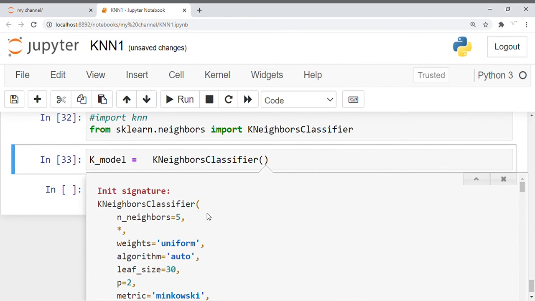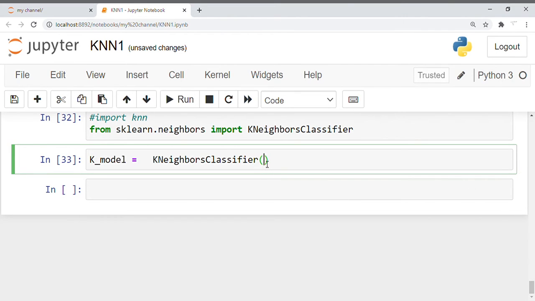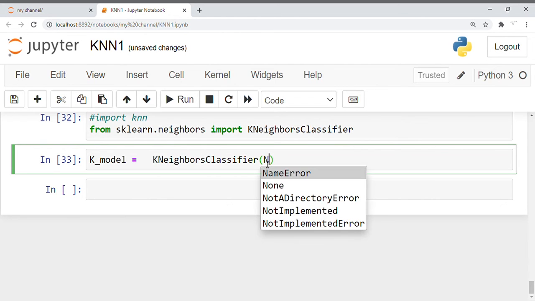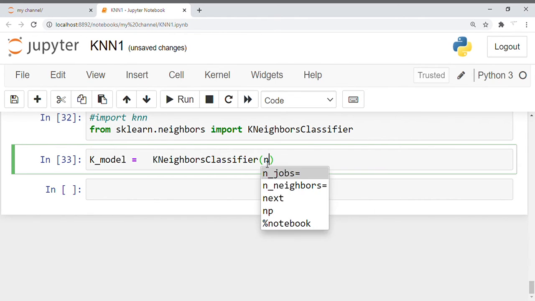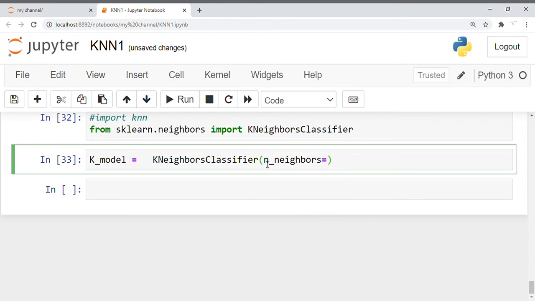Now you can see that the important thing is n_neighbors. Basically, by default, the number of neighbors taken by this particular implementation is 5. You can go ahead and also change the number of neighbors. That is also possible, right? So n_jobs and n_neighbors, you simply set it to probably 10 or 15, whatever you consider. But remember guys, there are some methods which will actually give us the optimal number of neighbors, but we're going to explore that in the subsequent lectures. But now I'll keep this as it is, nothing but the default settings here.